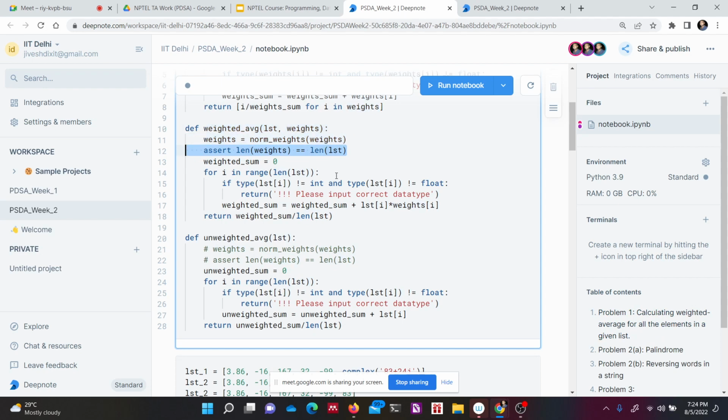So we will make an assertion. We will say that the length of weights should be equal to the length of the list. If the length of weights is not equal to the length of the list, it should return an error and stop right away. But if it passes this assertion, because we were careful enough to supply a list and weights of equal length, then